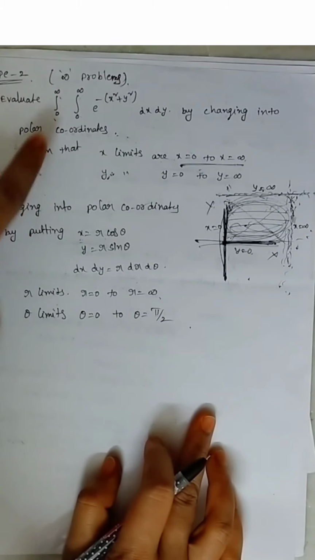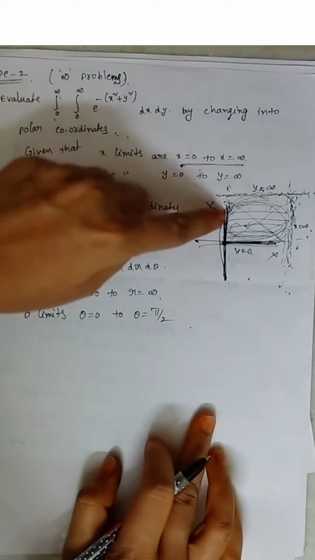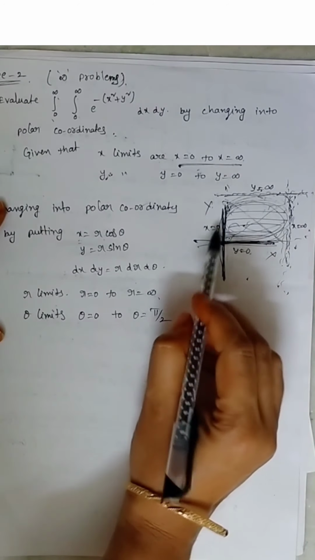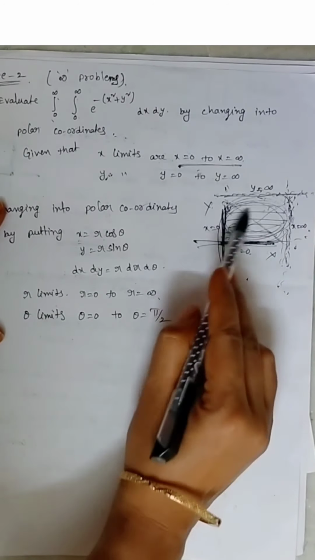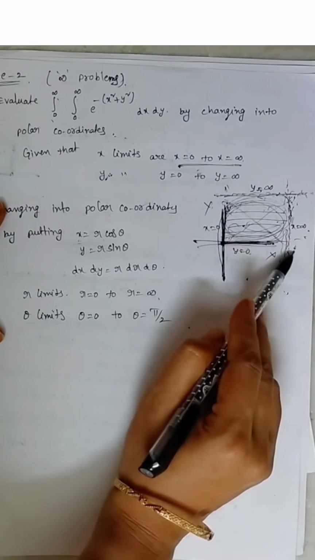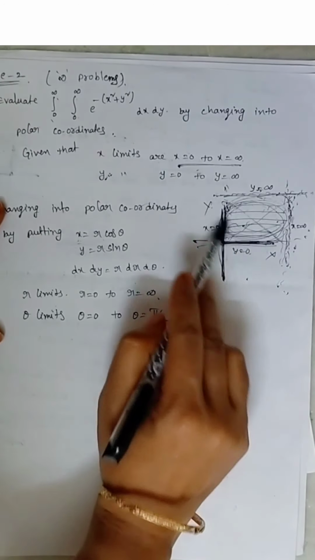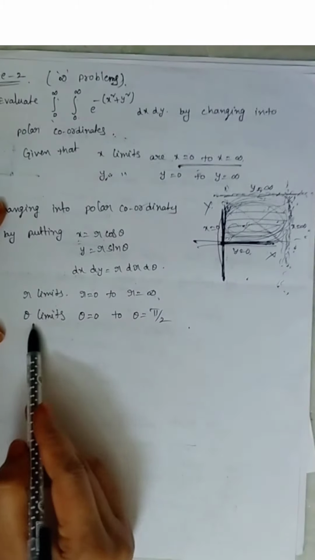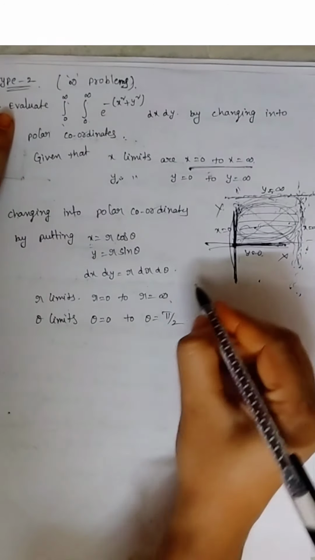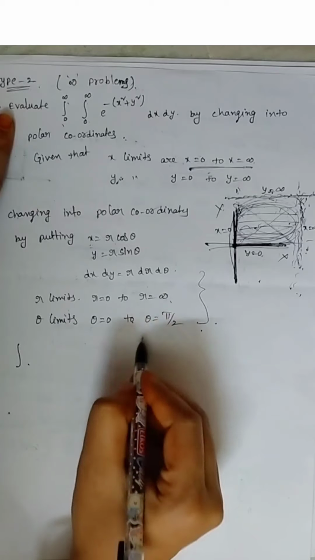The integration starts with lower limits x equals to 0 and y equals to 0. X equals to 0 means this one and y equals to 0 means this one. So with respect to this region only we have to find the integration. This region is in which angle? Theta equals to 0 to theta equals to pi by 2. In between this angle only the region will be. So therefore theta limits are 0 to pi by 2. So we get all the details, then we can find the integration. So both are constant limits.